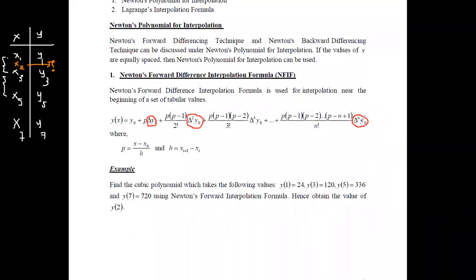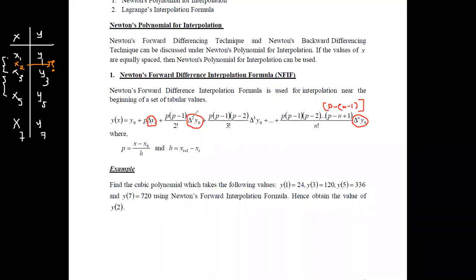The nth term can be obtained as p times p minus 1 times p minus 2, likewise up to p minus n plus 1. Since we are having n, the actual value would be n minus 1. Then this gives the value as p minus n plus 1.